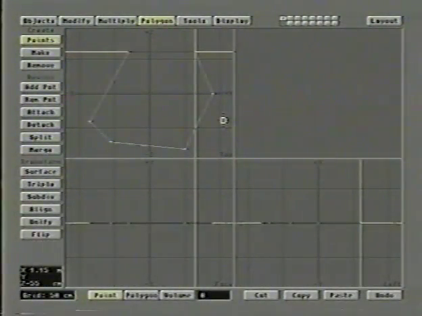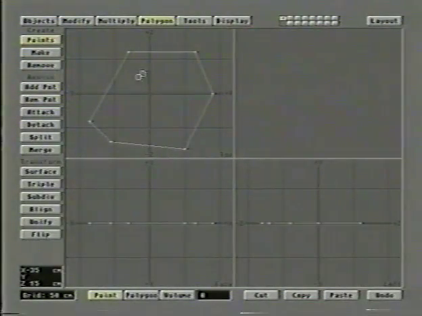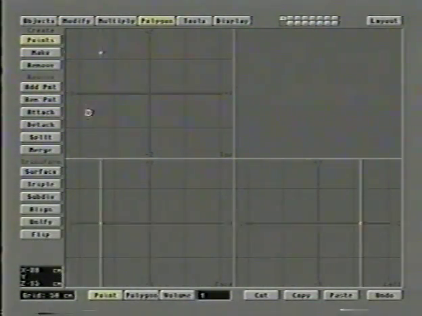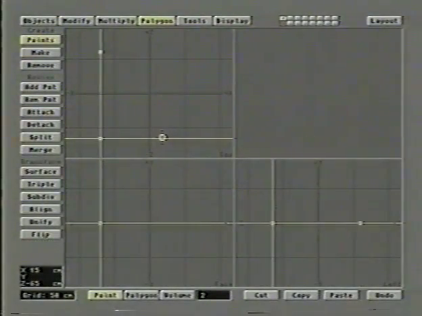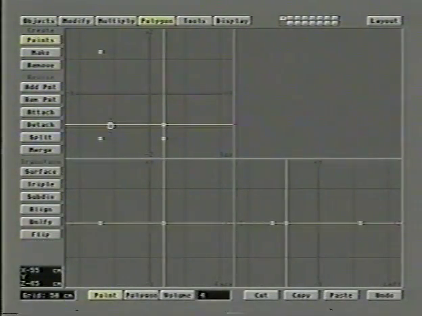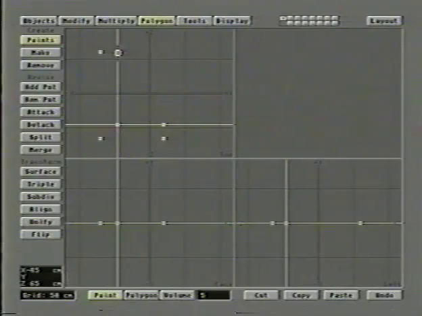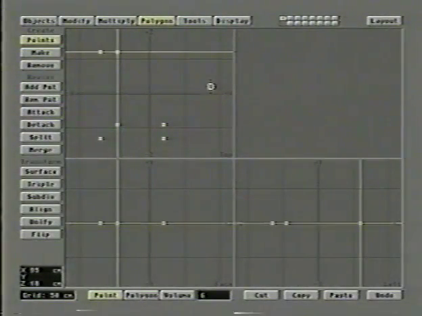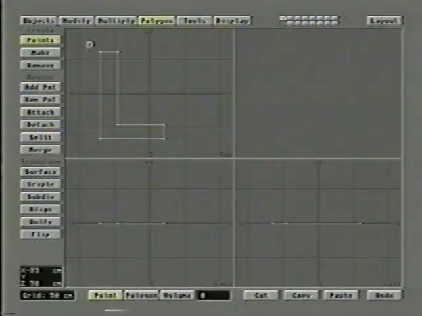Hit P. There they are joined. Now, also, if we were to make these points in some kind of order like this, notice I'm doing it in a very definite order here. Then I hit P. For instance, there's an L, or an angle type thing, but I meant it to be an L. Now, if I connect these points in a different way, for instance, if I draw them like this,